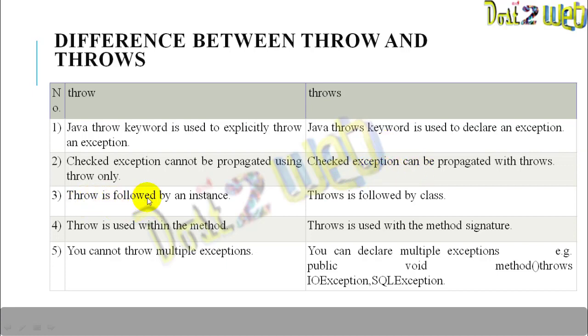The throw keyword is followed by an instance, but the throws keyword is followed by a class. You have seen that we use the exception class. Throw is used within the method, but throws is used with the method signature.